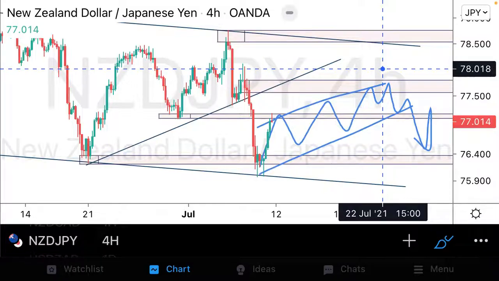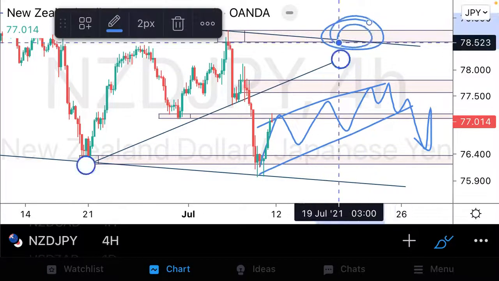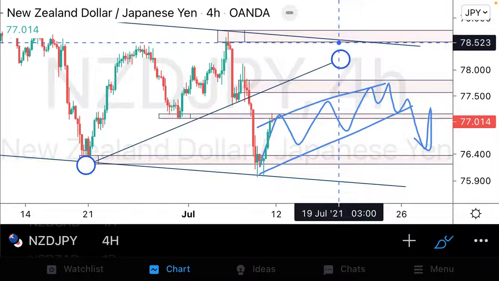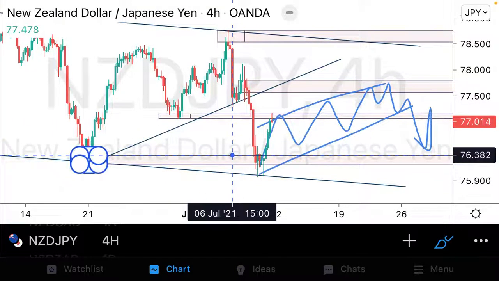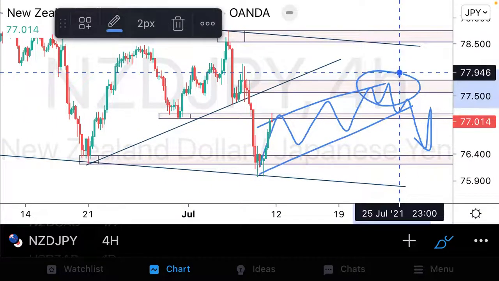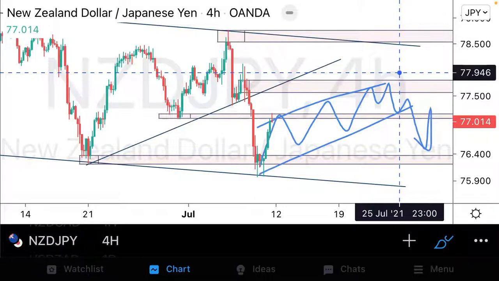Even if those resistance areas are much higher, like these resistance areas here, we still will be at resistance and we still will have probabilities to sell from resistance. So because of us wanting to trade all the sell side momentum, we're going to wait for our sell bias setups to form at resistance key areas for some potential sell setups on New Zealand